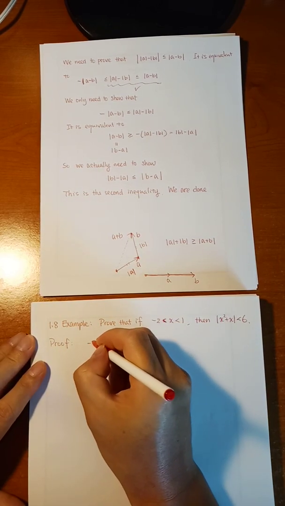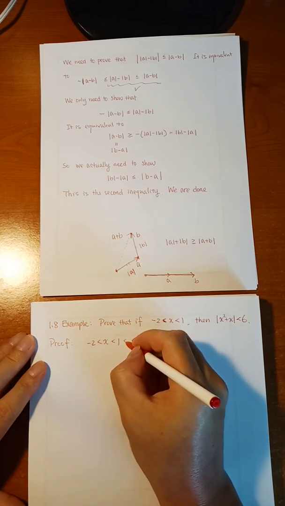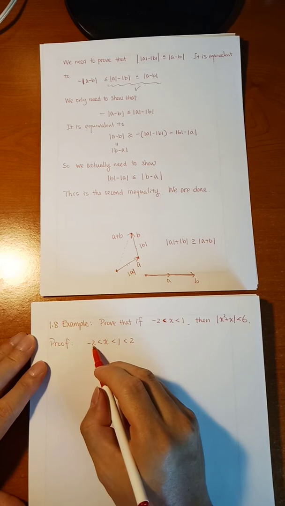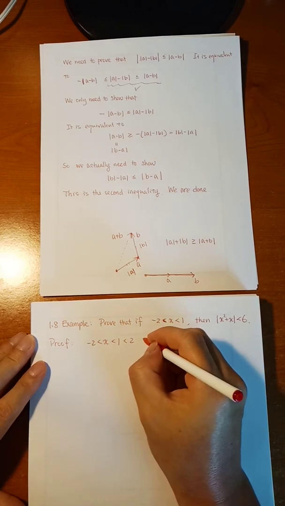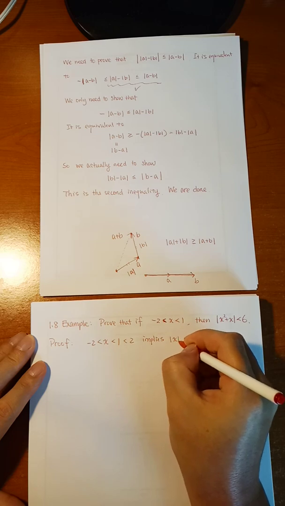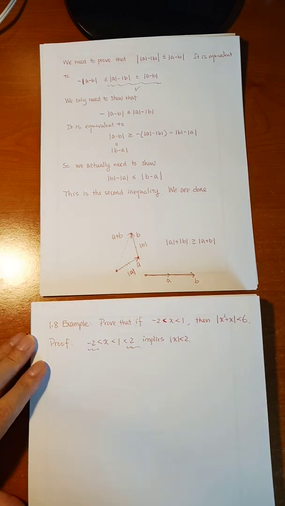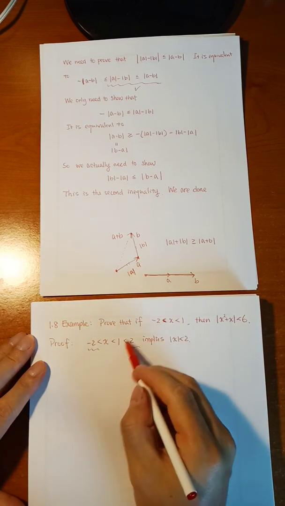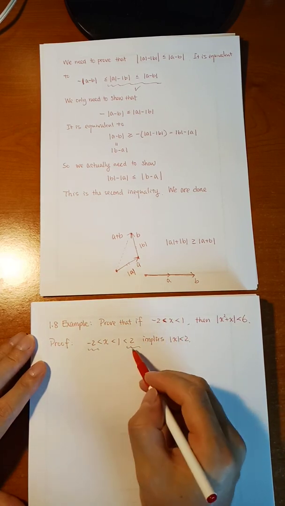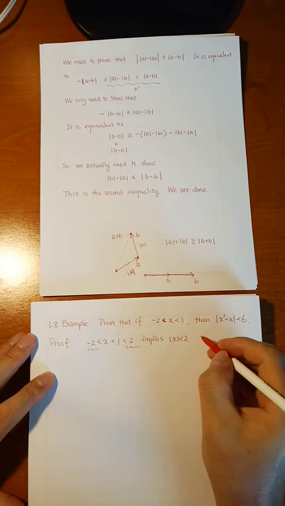x is greater than -2 and less than 1, 1 is less than 2. So x is bounded by -2 and +2, which implies the absolute value of x is less than 2. Okay, so it's not exactly equivalent to the original condition, but you can get this result. All right. Okay, then